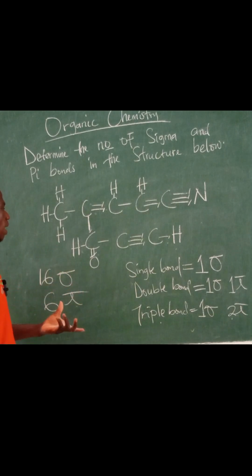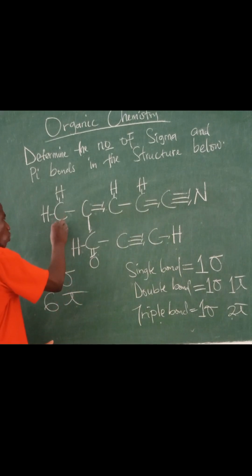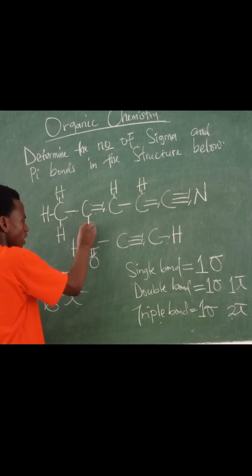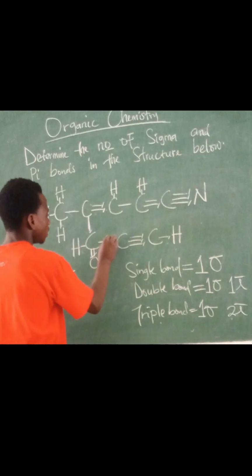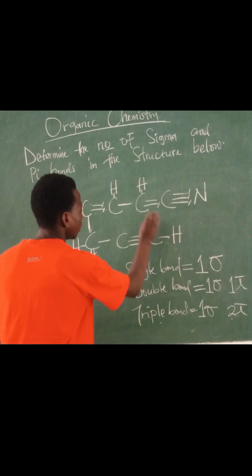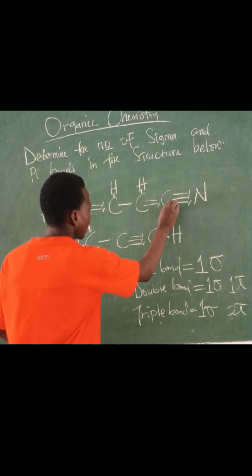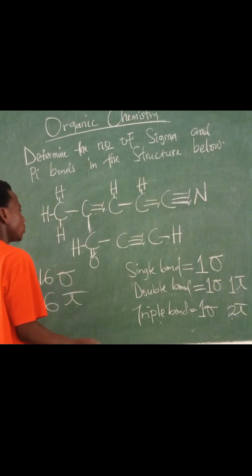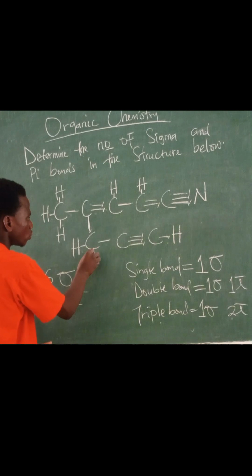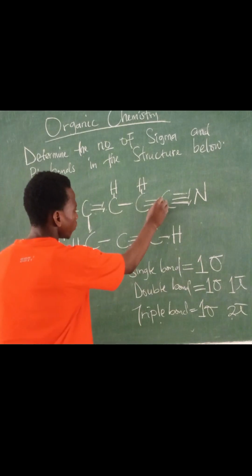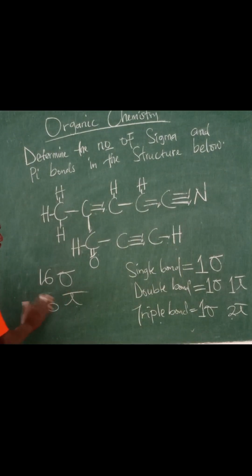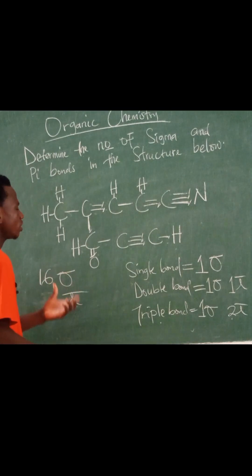So counting our number of sigma bonds again, we have this is 1, 2, 3, 4, this is 5, this is 6, this is 7, 8, 9, 10, 11, 12, 13, 14, 15, and 16. That is for our sigma. So going by our pi bonds, we have this is 1 here, this is 2, this is 3, 4, this is 5, this is 6 and 7. So the mistake came from our pi bonds. We have 7 pi